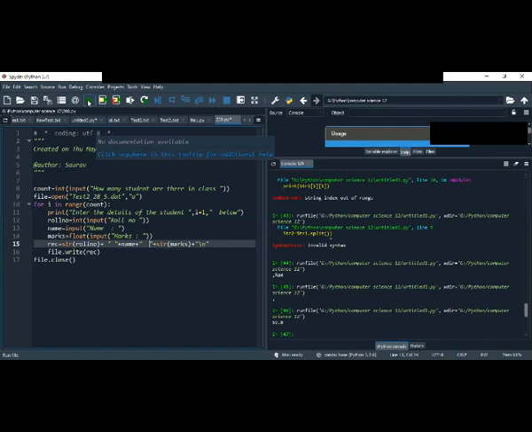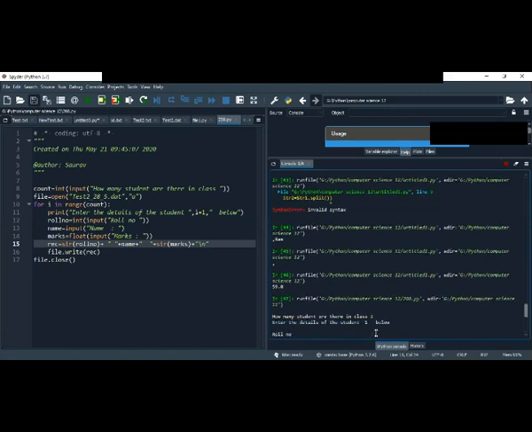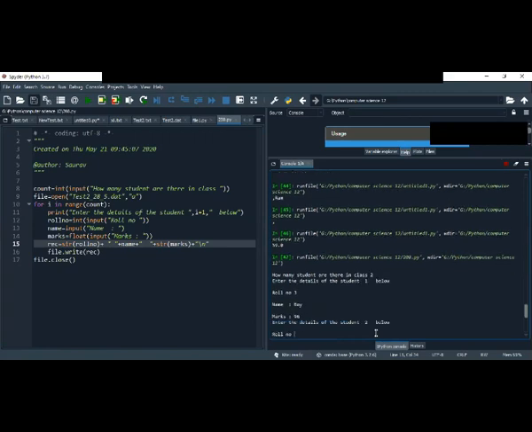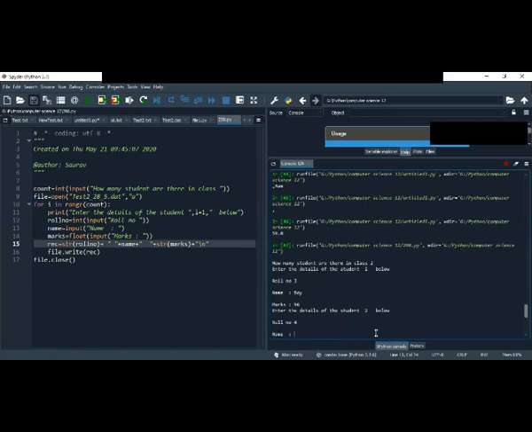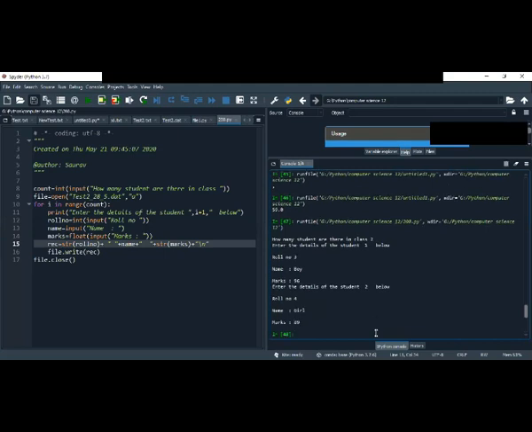And when I run this one, it is asking how many to read. I'm writing 2 students. Roll number 3, I'm writing any name, boy, and writing 96. Similarly, roll number 4, I'm writing any name, girl, and here I'm writing the marks. So when I write all these things, the comma is not there.